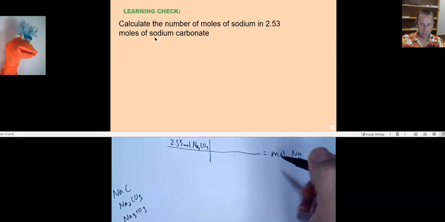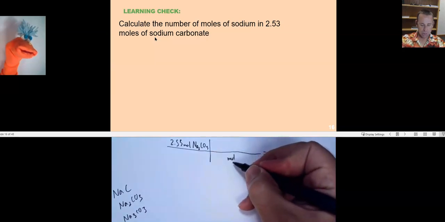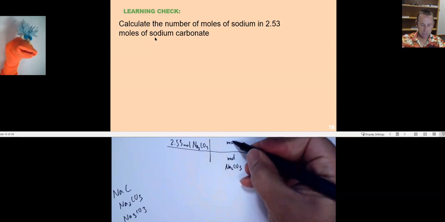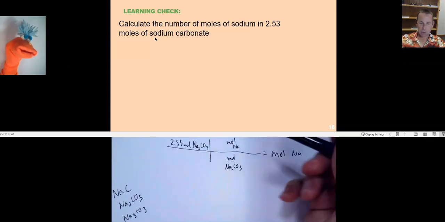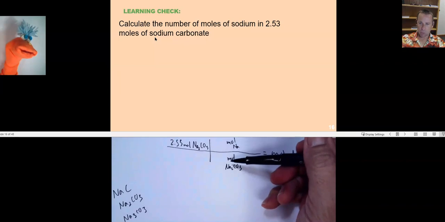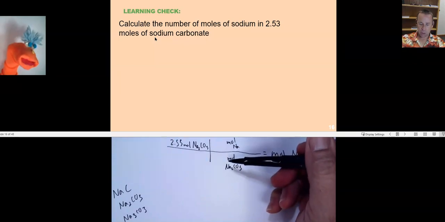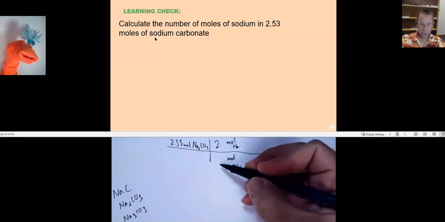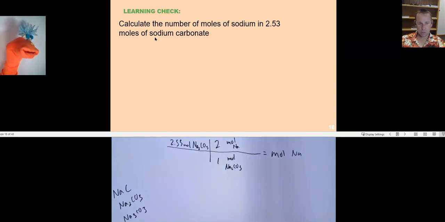So this is 2.53 moles of sodium carbonate, Na2CO3, and I want to go from moles of sodium carbonate, Na2CO3, to moles of sodium. How many moles of sodium are there for every mole of sodium carbonate, Fred? That's the 2, right? That's right. There's 2 moles of sodium for every 1 mole of sodium carbonate. So 2.53 times 2,